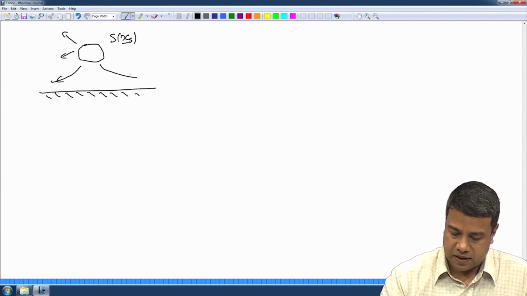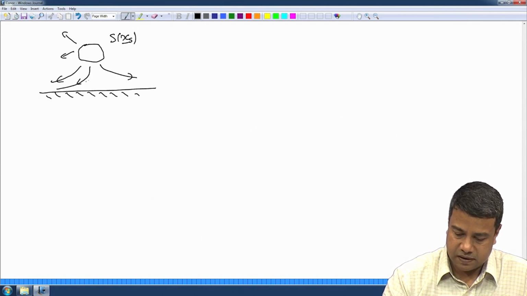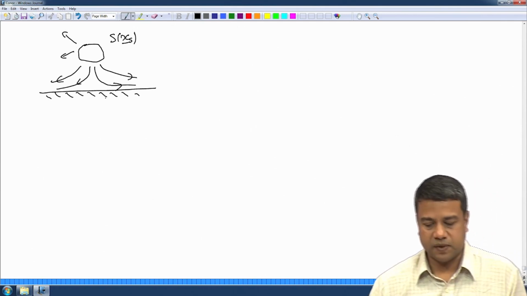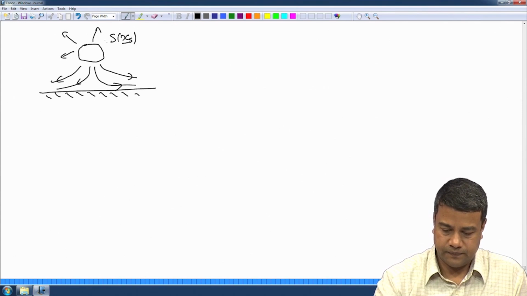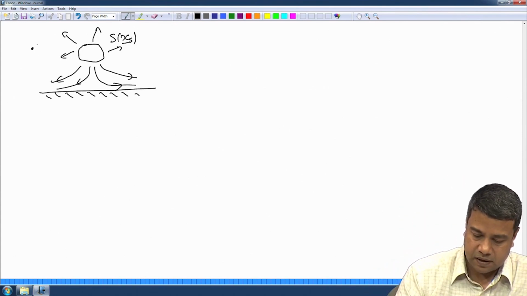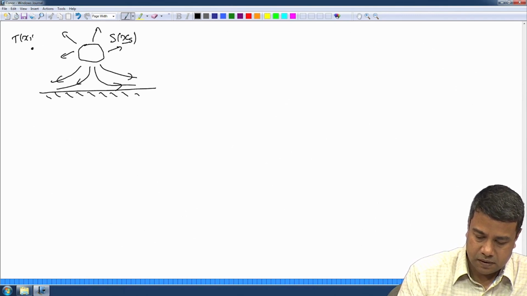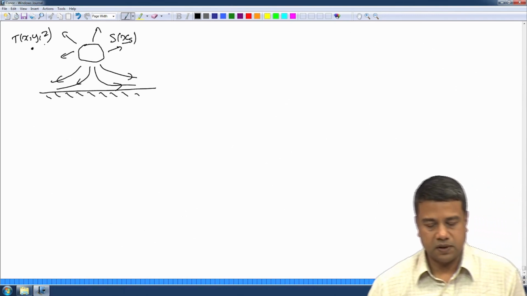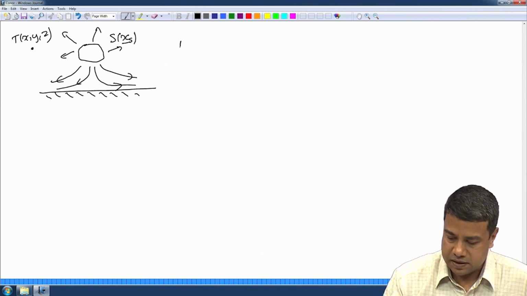But however, since I have a zero flux condition at the surface, the flux lines have to go parallel to the surface. And therefore, I can write the temperature at any observation point. You cannot write it as